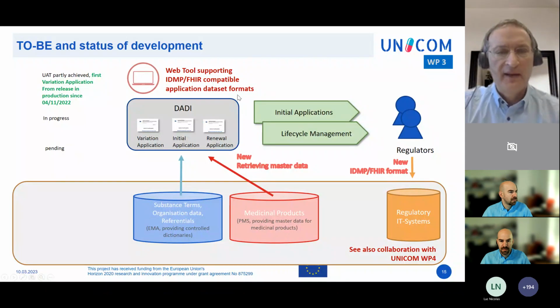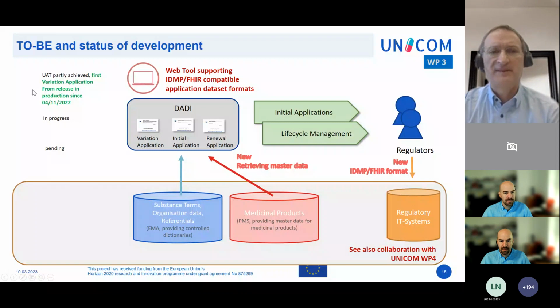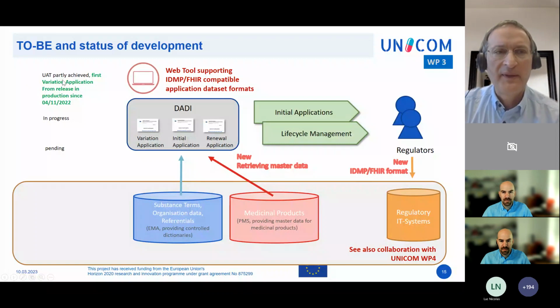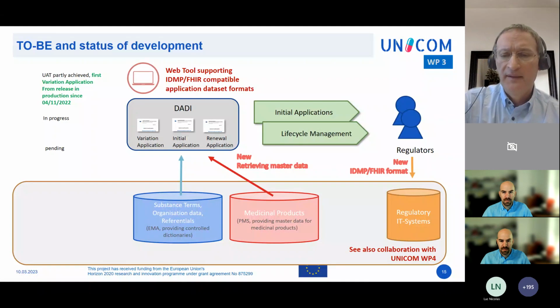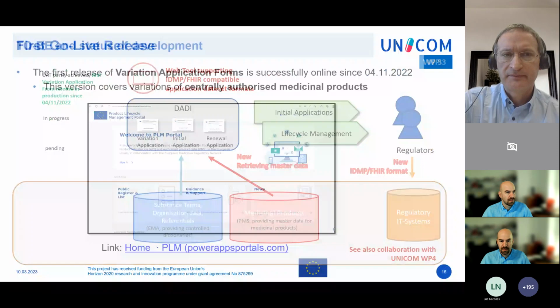So no one sitting in front of the screen, reading the form and typing data into your IT system. I apologize, some checkboxes are missing in this slide. We will correct it when we send out the presentation. I wanted to show where we are already in progress, and where we are pending on some topics. But we are progressing well in principle in the timelines.